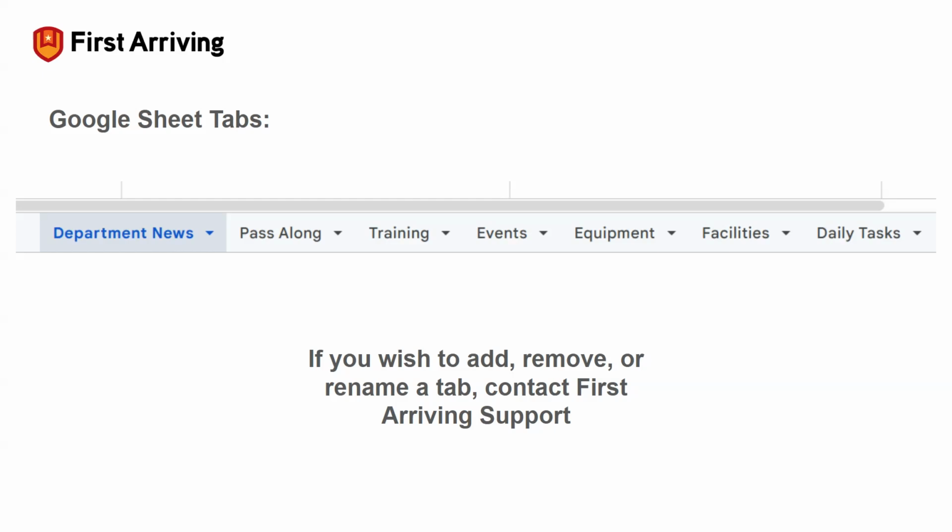For the dashboards to read your Google Sheet reliably, the sheet must be shared in a way that allows First Arriving's integration to view it. Most setups use link-based access, so anyone with the link can view the sheet and modify content within it. So be thoughtful about who and how many people you provide that access to, so that you don't have too many people working in the sheet, and make sure they're also properly trained, maybe watch this video, to avoid frustrating